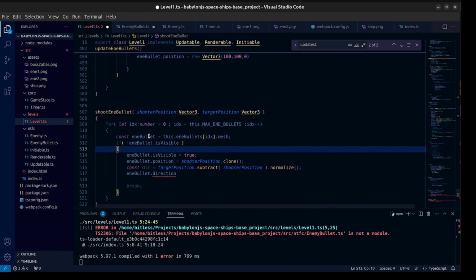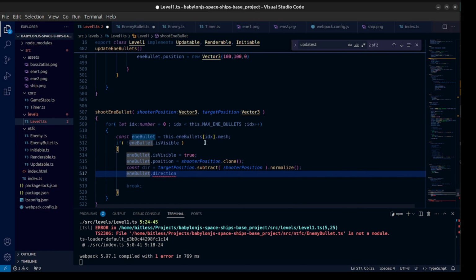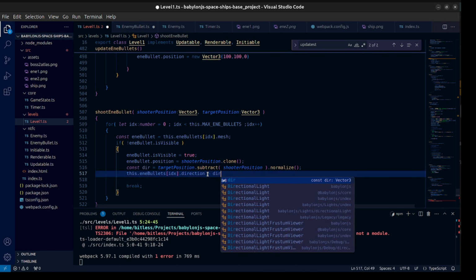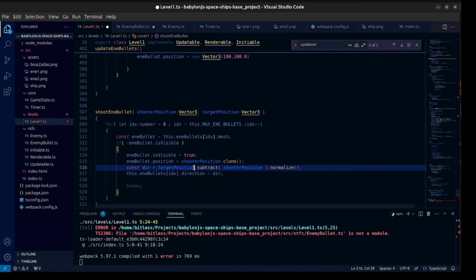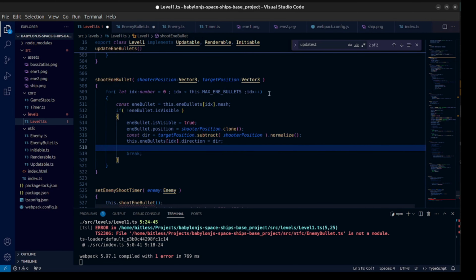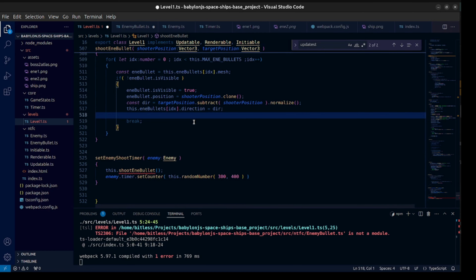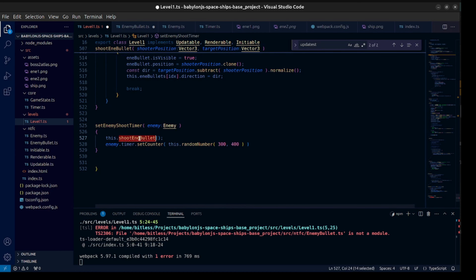All right, because this is the mesh, so I need to get the object. So this one here, okay. To this object here, I need to set the direction, the one I got here between the target and the shooter. So with that, I can shoot at the ship, but this shoot enemy bullet